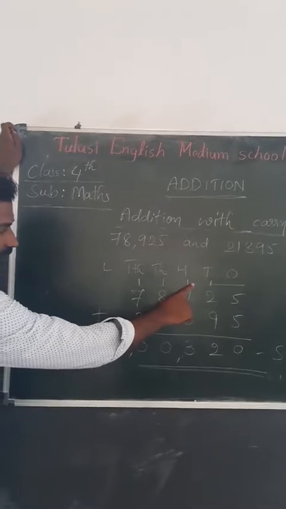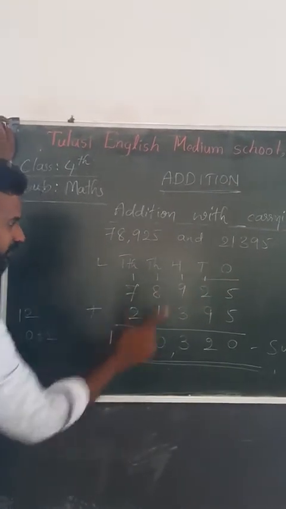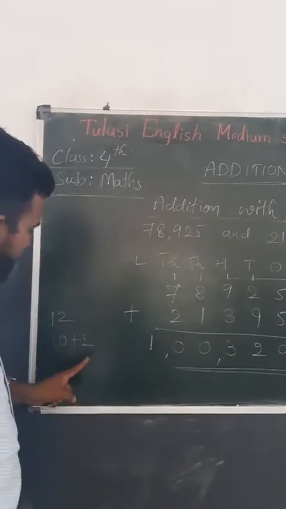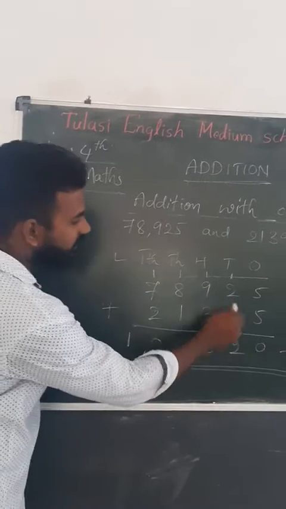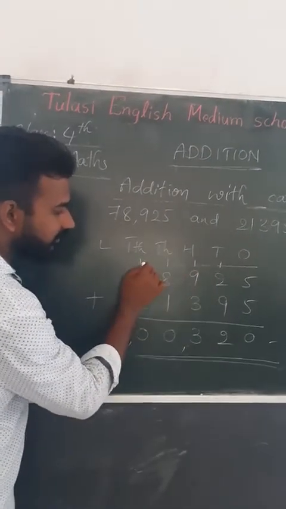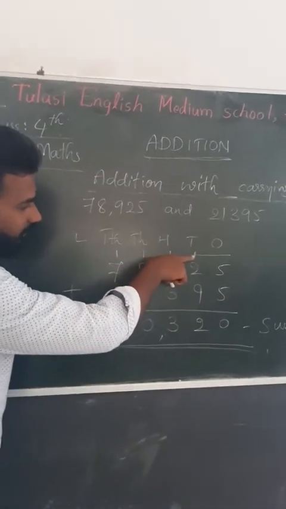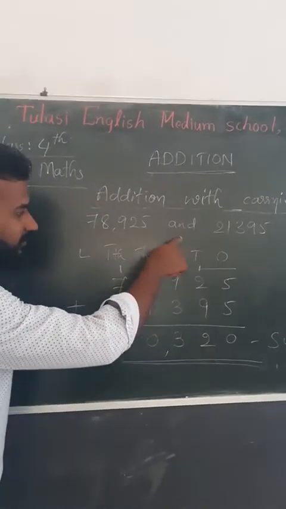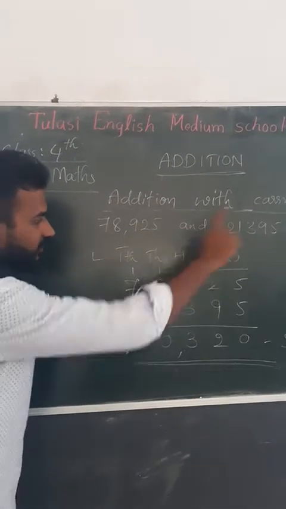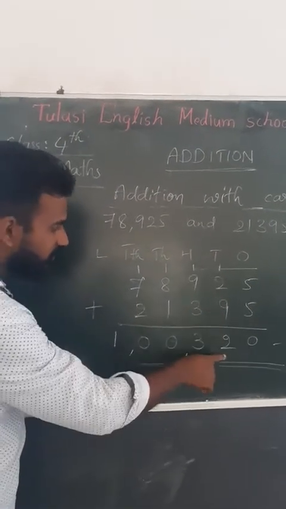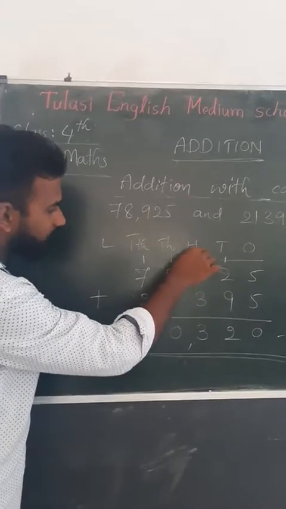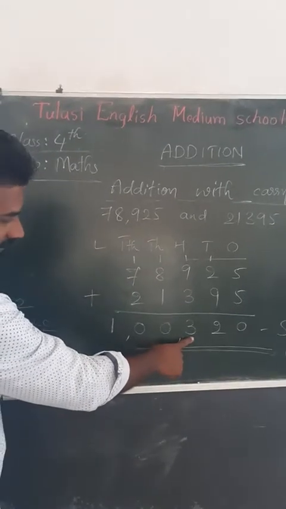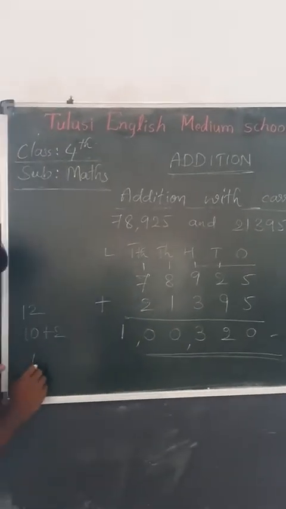That 10 tens, you can't take 10 here. You have to take only 1 here, because 10 tens is equal to 100. This 10, you can't write 10 here. You can take only a carry digit, I mean 10 times greater it is. So 10 tens is equal to 100. So I took 1 here. 1 plus 9, 10 plus 3, 13. 3 I wrote. I did 13 as 10 plus 3.